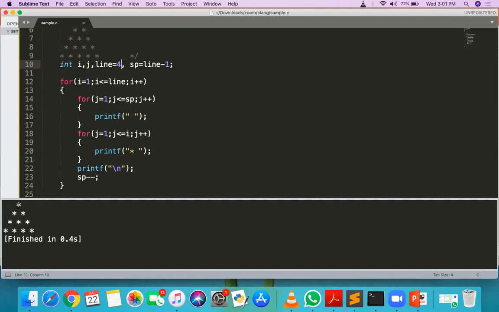So first I need to print 1, then the second time 2, then the third time 3. So just put one variable here, the n variable, starting with 1. Instead of printing the star, just print that value, and after printing, increment that value, n plus plus, and you will get the output.